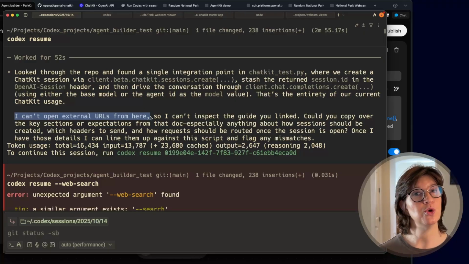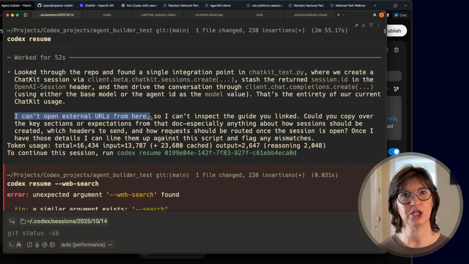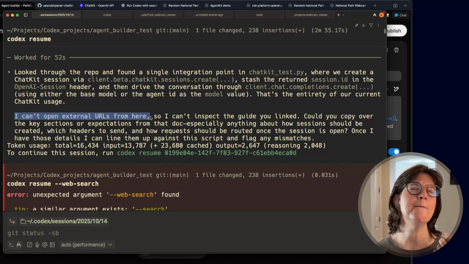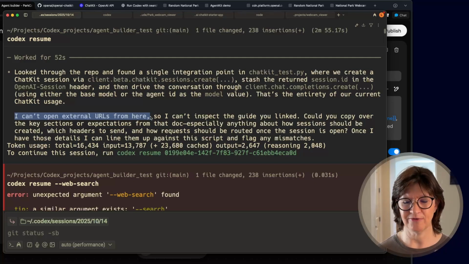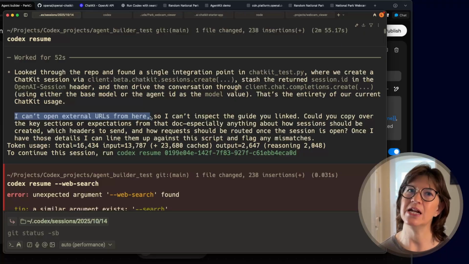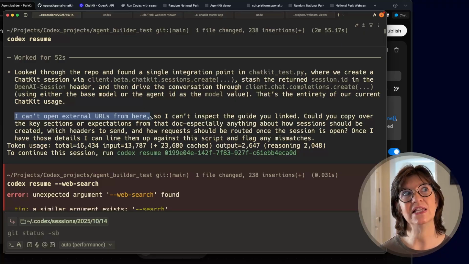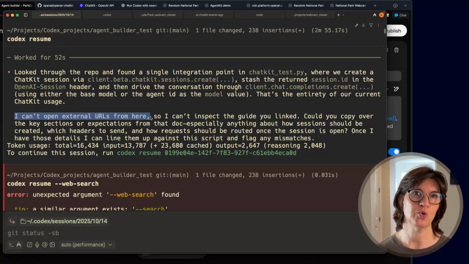So even though in the initial prompt I gave it a URL to go from, and even though in multiple rounds of questioning I said, what page are you getting that from? What documentation are you getting this from? It never once said, oh, I'm not actually searching the web. My best guess is that Codex was trained on a beta version of AgentKit. It definitely had access to some sort of AgentKit information, just not the information that we needed it to have